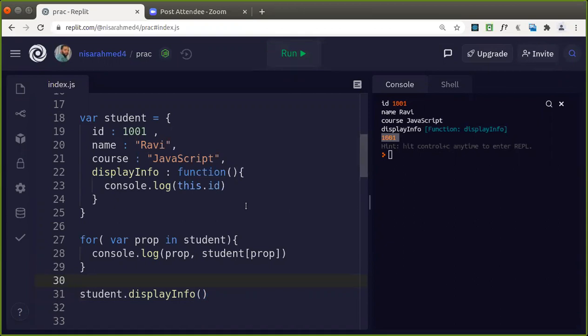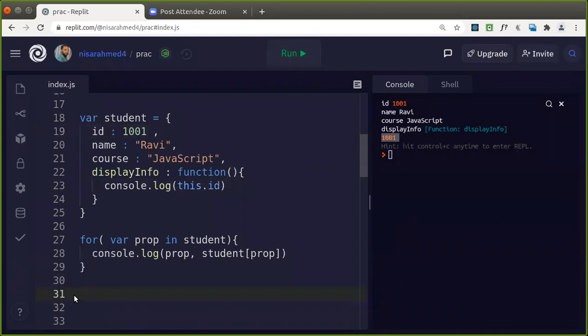So that way, this is a keyword that is used to refer to the current object, isn't it? So that way you can use functions also. Any number of functions you can have, and you can execute or call a function by using the function name. Good. This was all about how you can create, update, read, and delete objects.